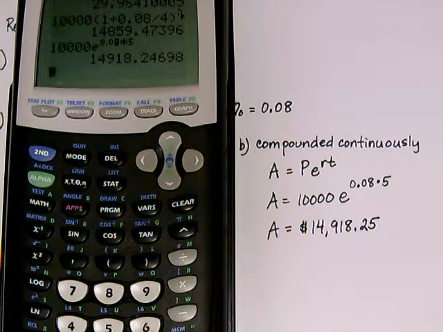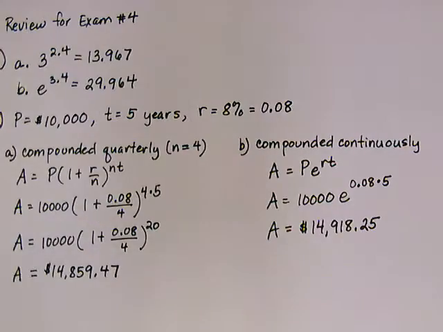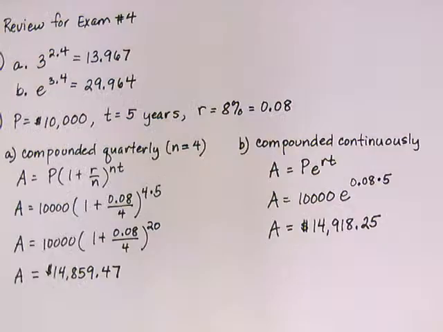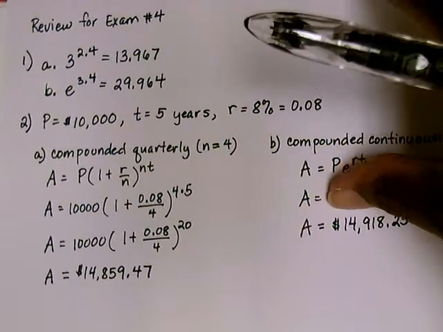That's going to be the accumulated value of a $10,000 investment for 5 years at 8% compounded continuously. Alright, so that was problem number 2. Okay, problem number 3